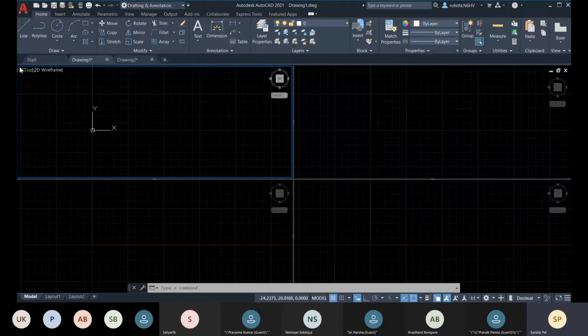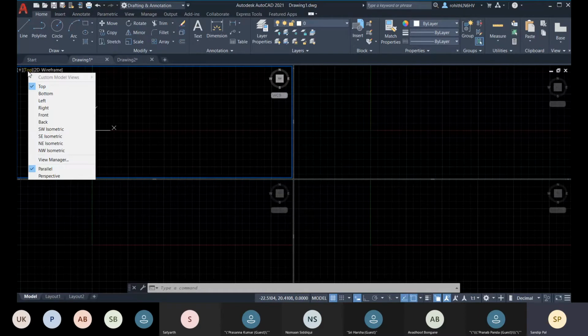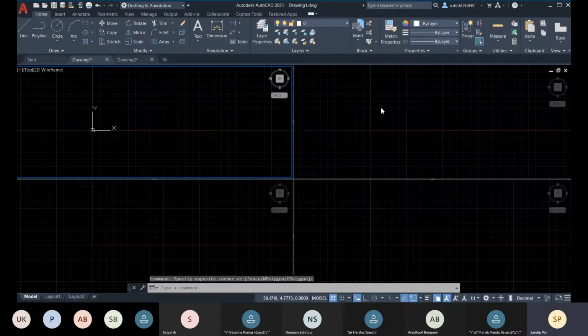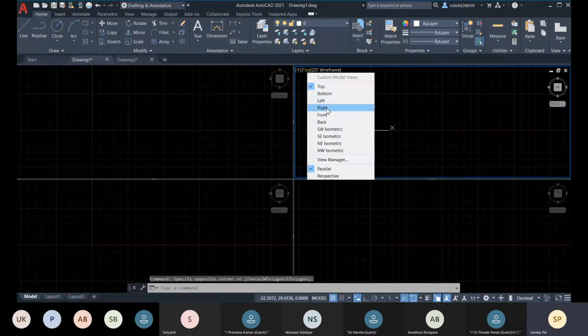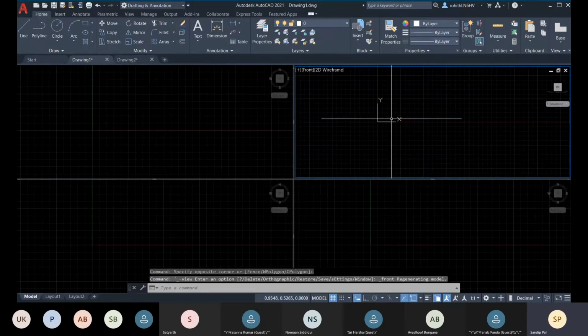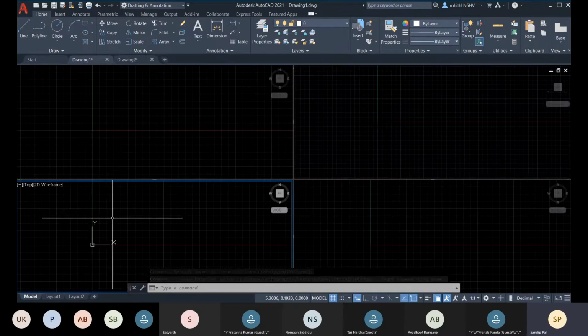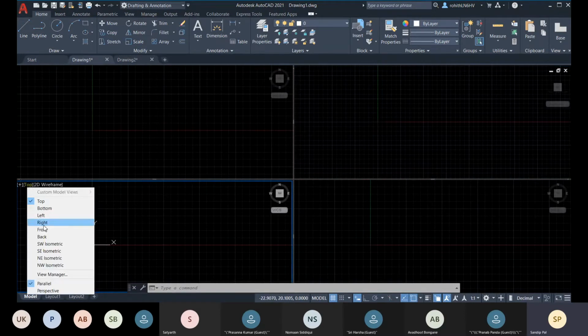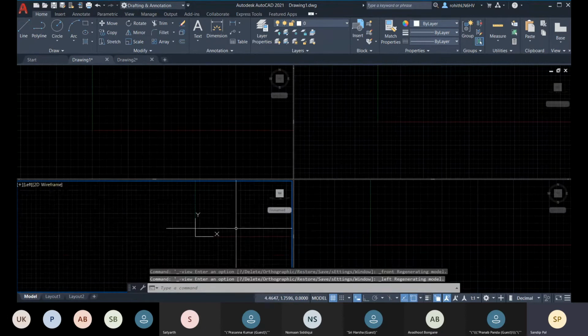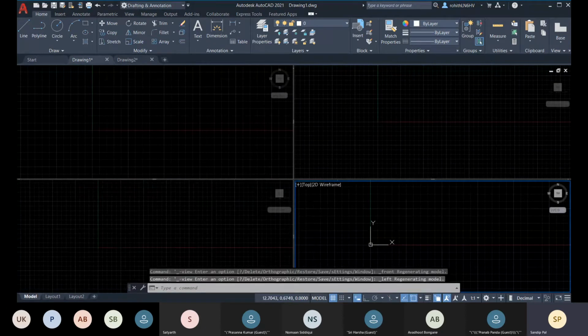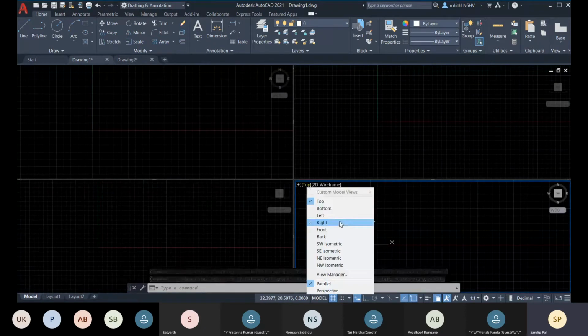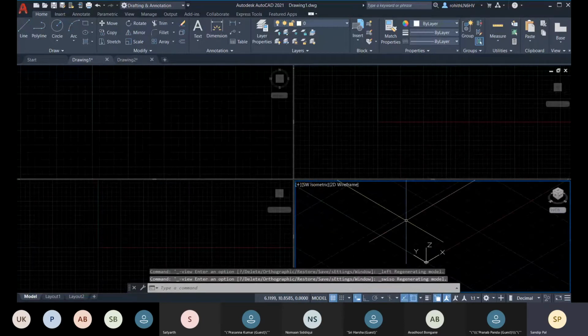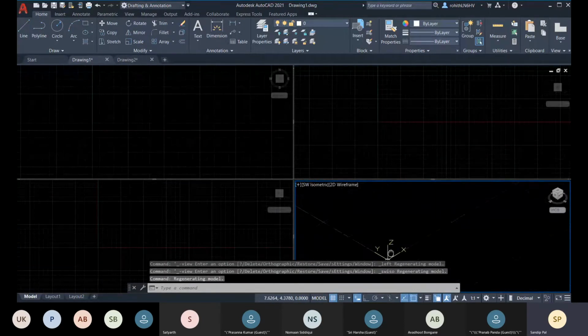Okay, so you can change the views. Right now let me change the view from this view control menu. Here this is top, and here let me change it to front. Now we can see that this is front, and here let me change it to left. And here let me change it to an isometric view.